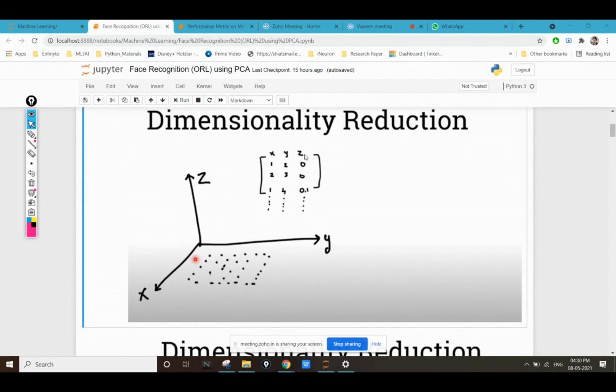X, Y, or Z? Just give me your answer in the chat: which dimension are you going to delete or release if I ask you to decrease one of the dimensions, so that we have the minimum possible loss of information.